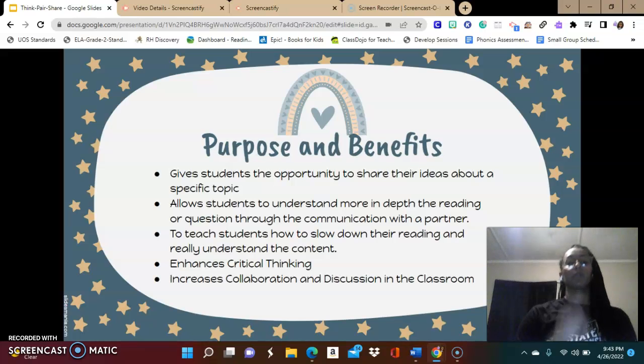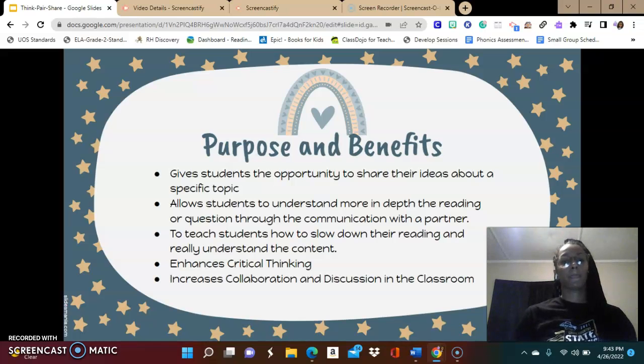So it also turns into sort of a reciprocal teaching, which is another instructional strategy. So this also teaches students how to slow down their reading and really understand the content. A lot of students see a question or hear a question and answer it on the fly. So Think-Pair-Share allows them to slow down, process the information, think about their answer, and then verbalize it